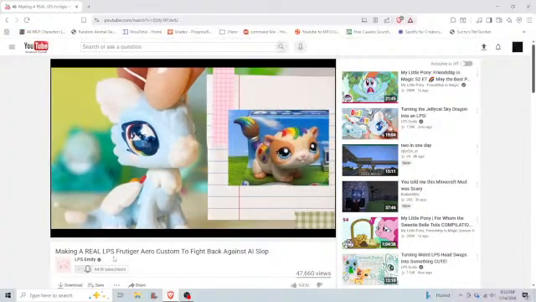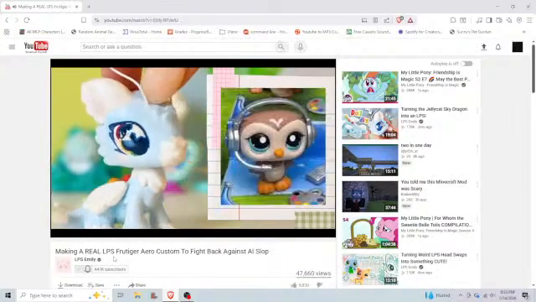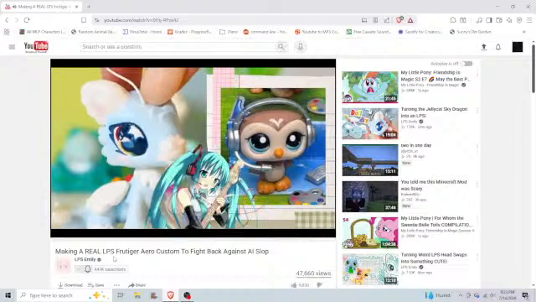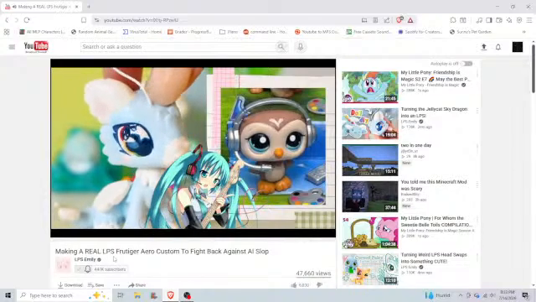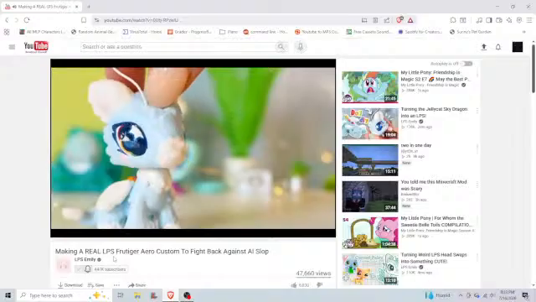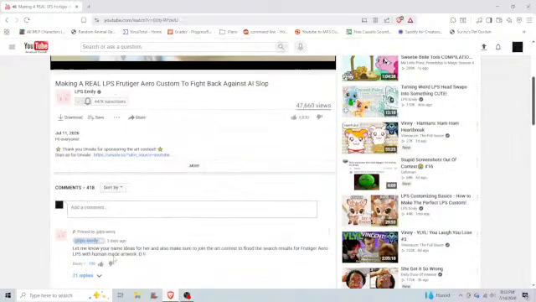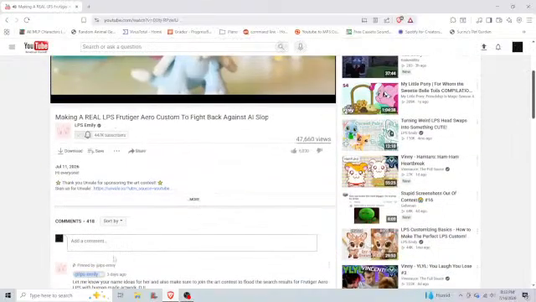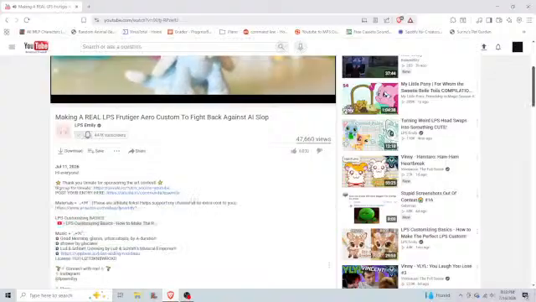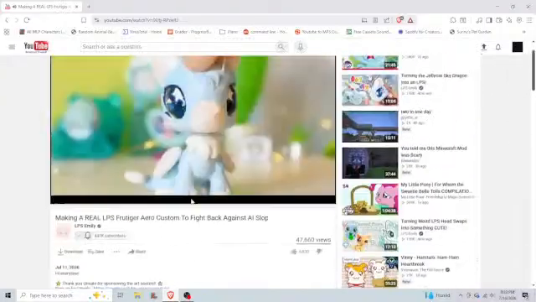Nothing about this guinea pig is Frutiger Aero on its own, and nothing about an LPS owl wearing a Hatsune Miku call center headset is Frutiger Aero. Honestly, I'm a little bit offended. I think I can follow a theme a lot better than that. Anyways, I wanted to take this as an opportunity to show you what a real LPS Emily Frutiger Aero custom